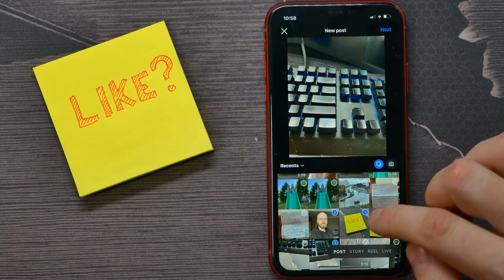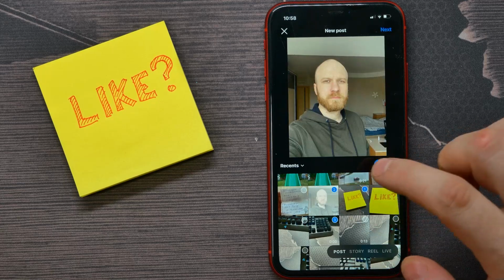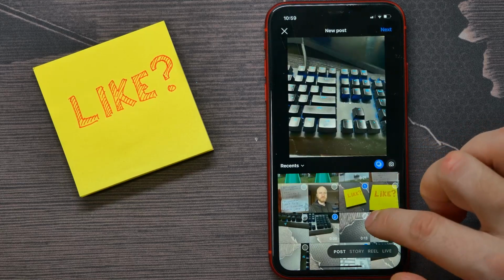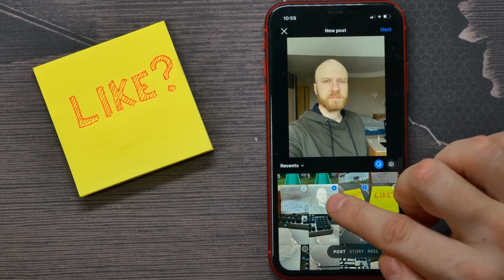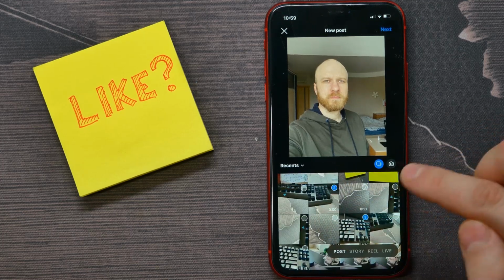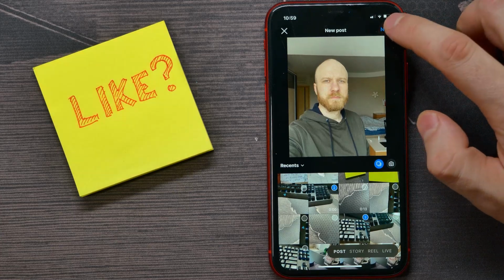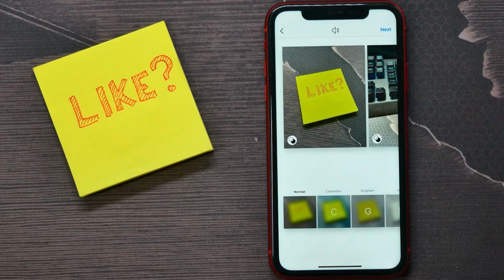For example, I need the second photo to be the first, so I unselect it, and now I select it again, and now it will be 4. So now I can select up to 10 photos, hit the next button, and now I can continue creating my post